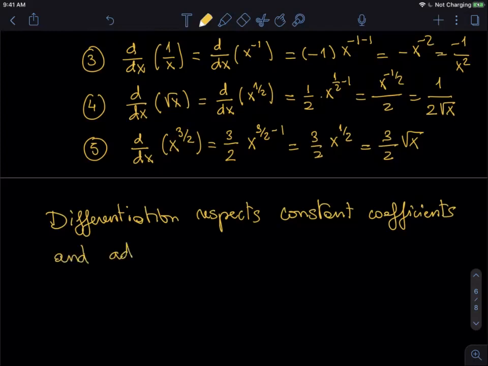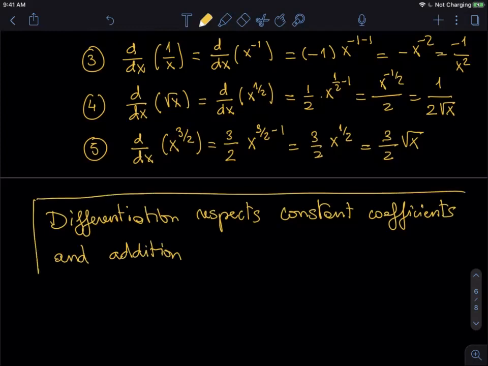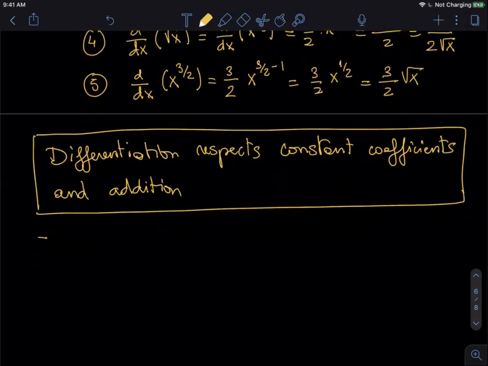What do I mean by that? So what I mean is, and we will see this a lot in the problems, if I have d/dx of 5x squared minus 7 square root of x plus 2,